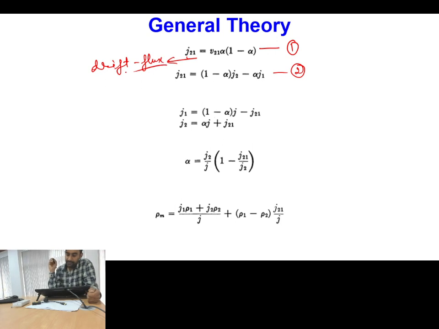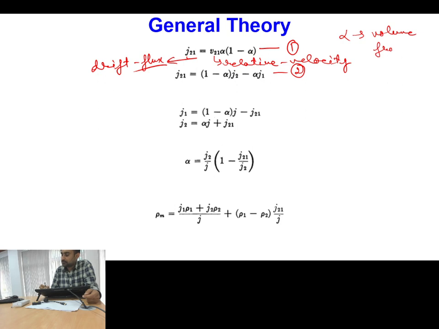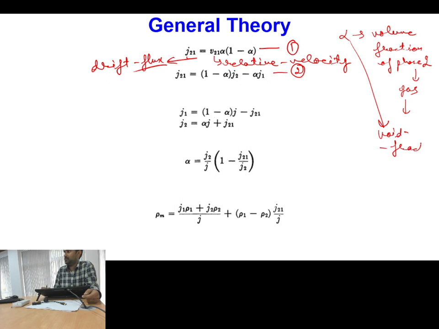Okay, so drift flux can be written in terms of V21, where V21 is the relative velocity between the phases, times alpha into 1 minus alpha, where alpha is nothing but the volume fraction of phase 2,